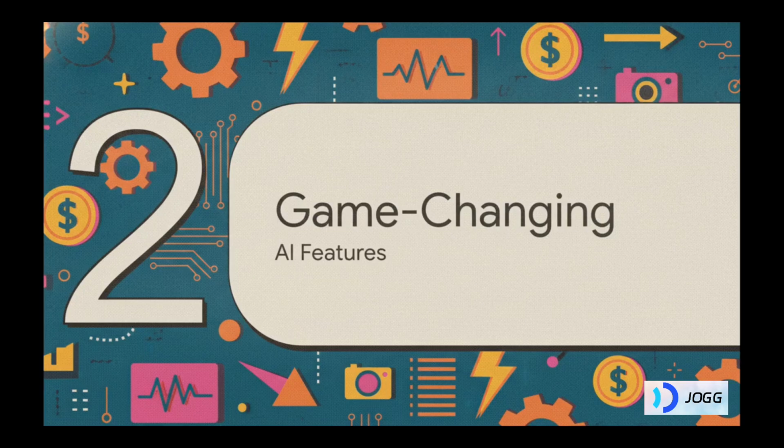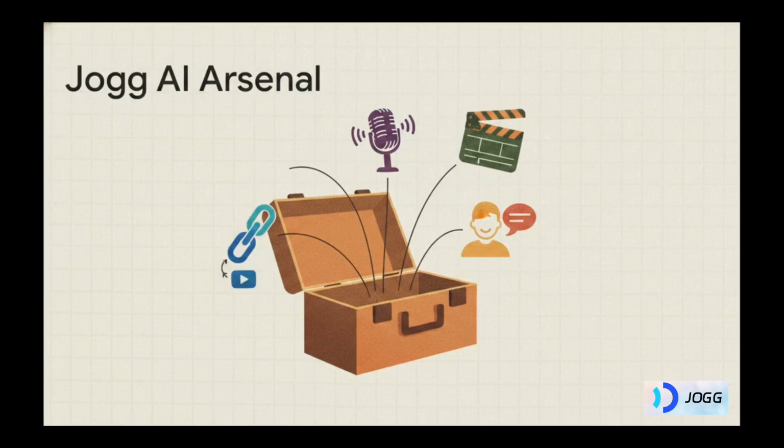Section 2. Game-changing AI features. Now, what's really interesting about this slide is the sheer incredible depth of what you actually get under one roof here. Obviously, you have the URL to video and product quick ads, which are total game changers on their own, but you also have talking photos, face swap, and this awesome ability to turn podcasts into videos. You get over 10,000 AI voices along with voice cloning. But I really want you to look at that last bullet point. You get integrated access to flagship cinematic video generation models like VO3 and Seedens 2.0. That means with higher tiers of Jogg AI, you don't need some separate expensive subscription to other platforms just to get top-tier cinematic B-roll. It is all beautifully bundled together for you.